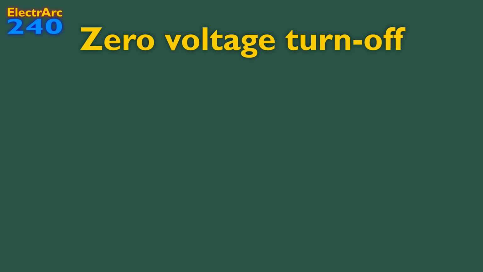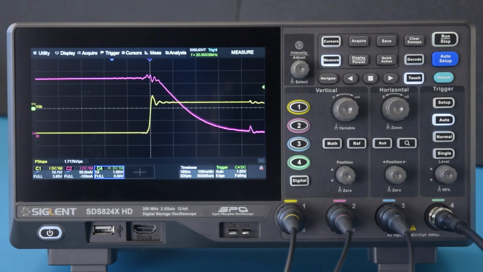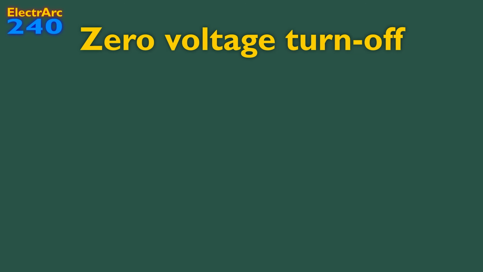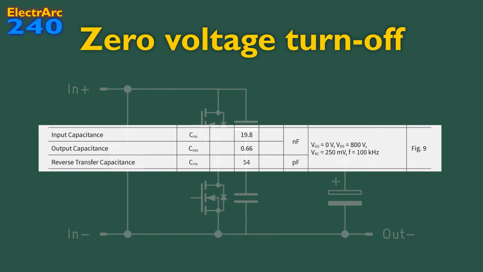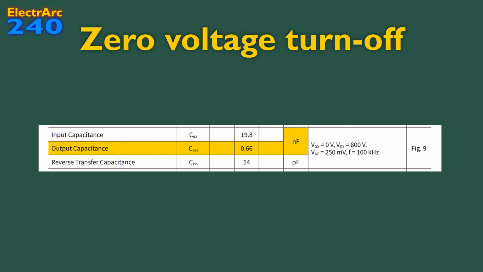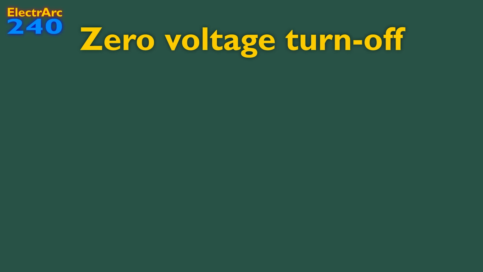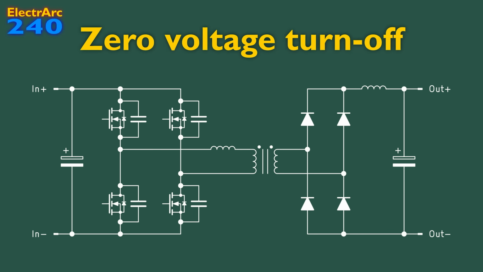In a similar light, zero voltage turn off can also be very easy to achieve in circuits with large switch node capacitance, which prevents the voltage across the switch rising too fast, limiting the dV/dt. This sometimes takes the form of discrete capacitors added in parallel with the transistors, but a lot of the time the parasitic output capacitance is enough. Examples of converters that use capacitors to ensure zero voltage switching at turn-off are the dual active bridge and the phase-shifted full bridge, which are very similar topologies that crucially both employ zero voltage turn-on,